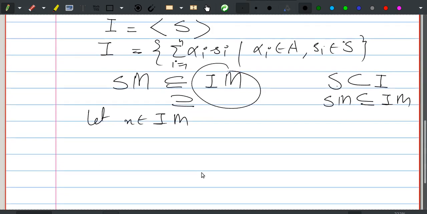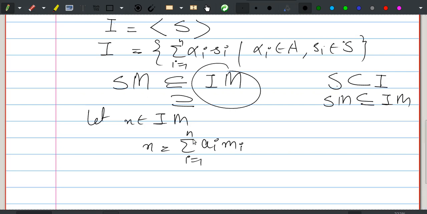Then this x is a finite sum of the product of elements of I and M. So here x is, let us take, sum of a_i m_i, where i runs from 1 to n,